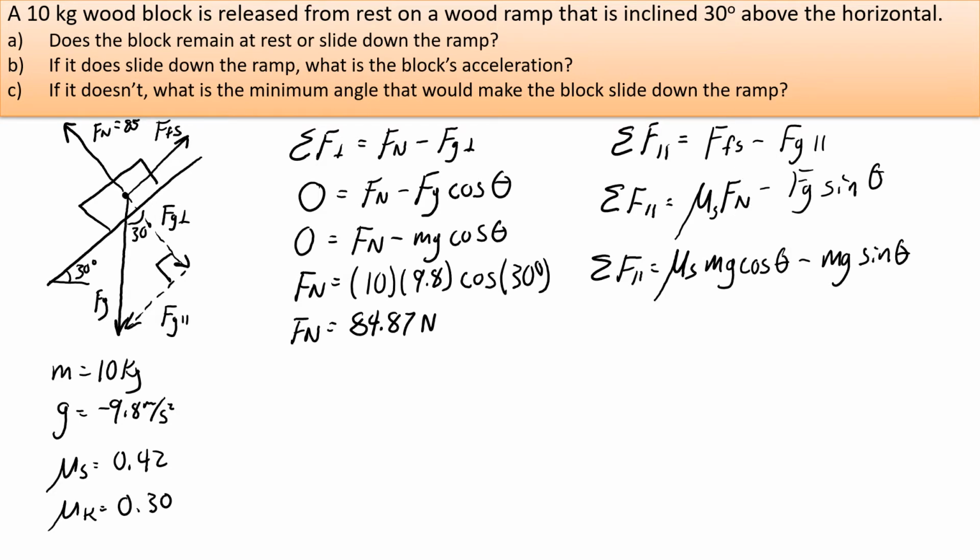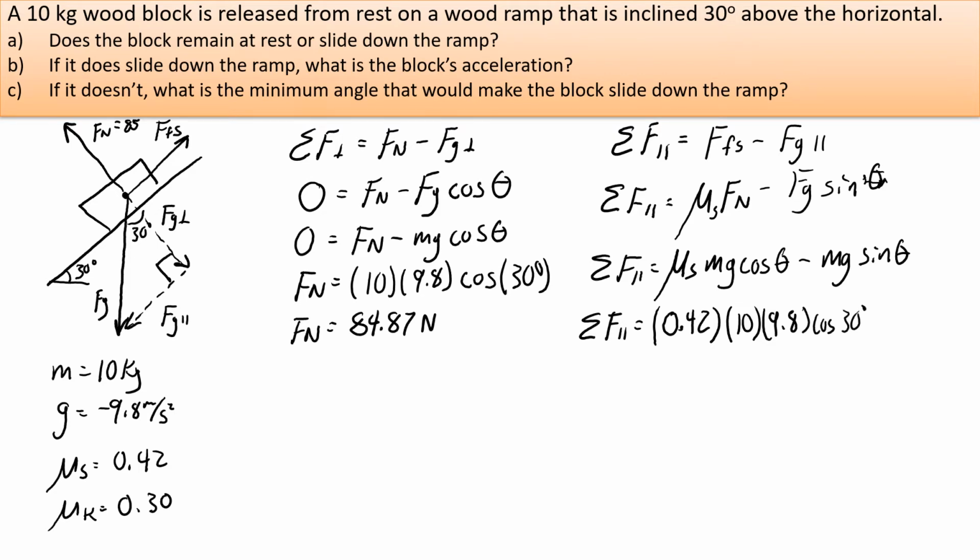All right, don't be intimidated by all these letters here, okay? Hopefully you could work through it and see where all these letters are coming from. All right, now you can plug in what we know. We still don't know what the net force is doing, but we know the coefficient is 0.42 because we're looking at the static. We're seeing how much force it takes to actually start moving, overcome this frictional force. The mass is still 10. We're still on Earth. The cosine of